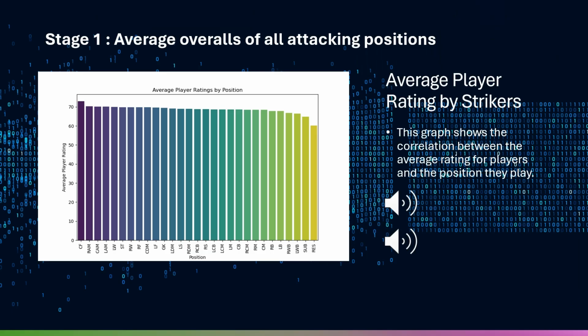This graph shows the average player rating by position. As the question we are researching specifies only strikers, there can be issues with the data as some strikers play more than one position depending on the formation. An ST striker isn't always used and can be altered to positions like centre forward, left wing and right wing, such as players like Benzema, who plays centre forward and ST, or Mbappe, who plays left wing and ST.